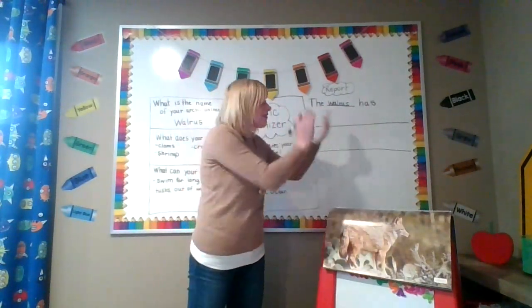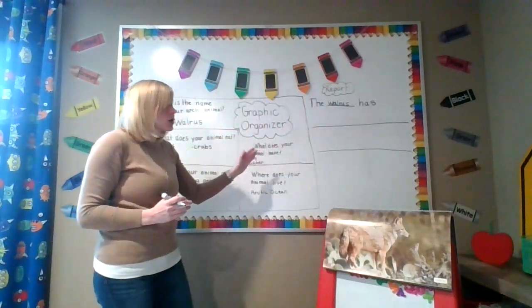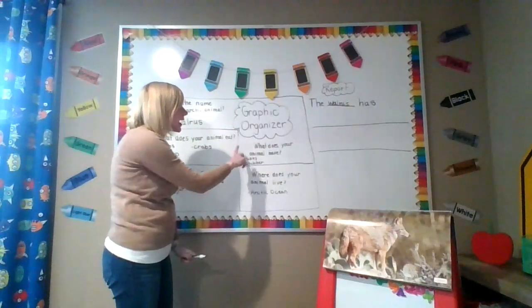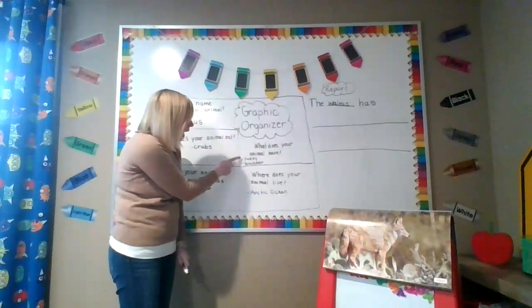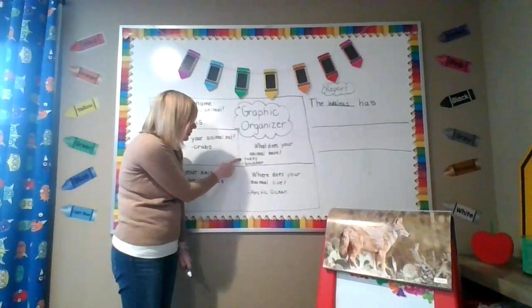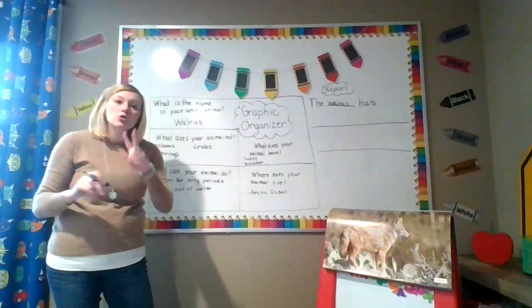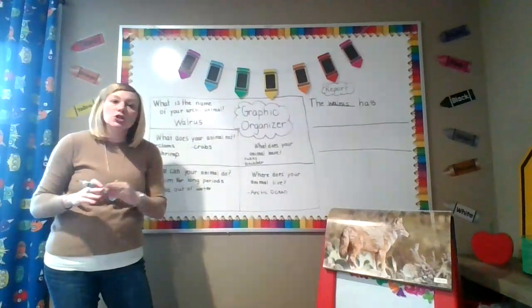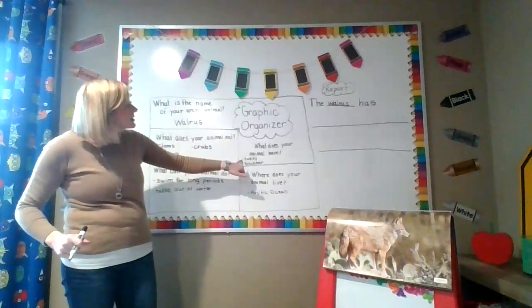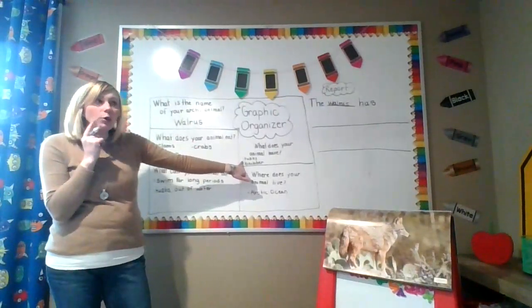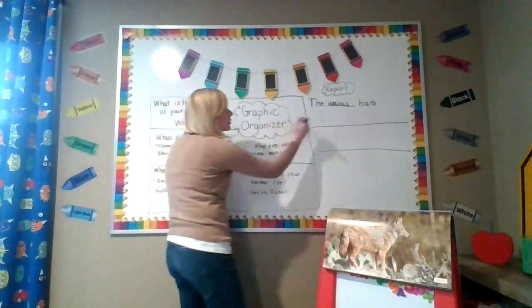So I'm going to have my book out, and then I'm going to go back to my graphic organizer. The walrus has. What does your animal have? I wrote down tusks and blubber. How can I take those two ideas and turn them into full sentences for my report? So this says tusks. I'm going to think back to the walrus. The walrus has